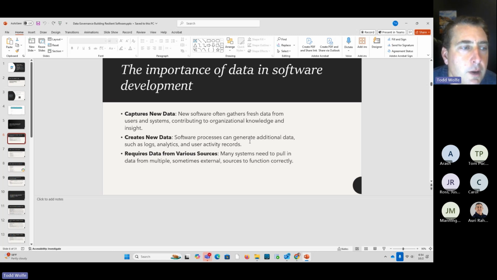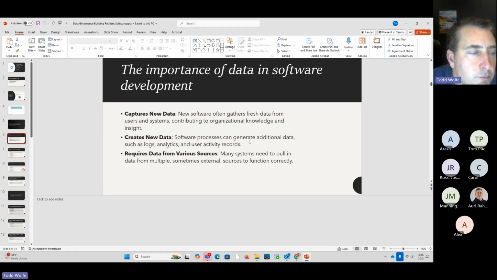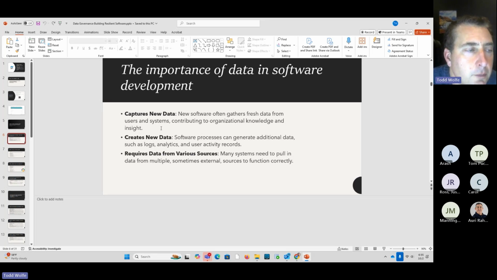And then there's requires data from various sources. With data from various sources, in modern development we quite frequently will leverage APIs and integrations from various different vendors, open source environments, or even obtain data or purchase data from other sources, both internally or externally. So it's pretty common that at some point in our software development process, we have data that is going to be a consideration for us that we need to be aware of, and we need to be ensuring that we're handling it properly and having proper processes to make sure that we do.